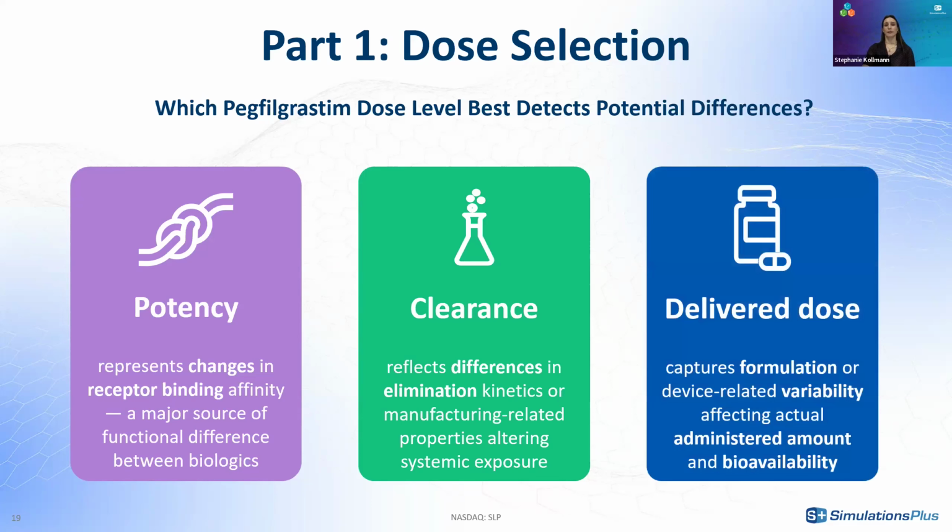And delivered dose differences driven by device or formulation variability, influencing not only the administered amount, but also potential bioavailability. And together, these 3 sources of variability determine how sensitive a study is to detecting potential differences in exposure and